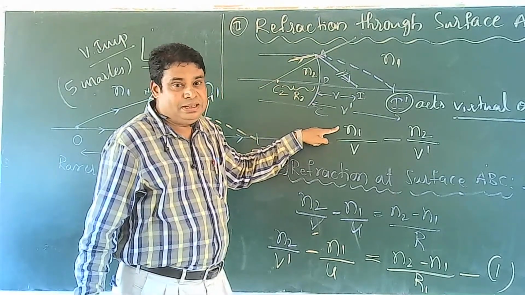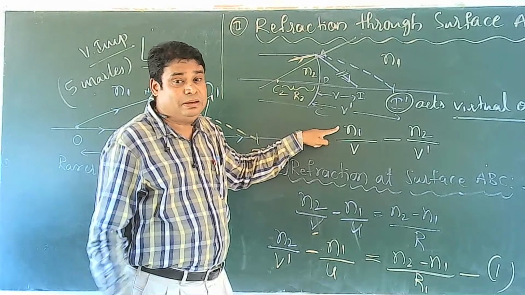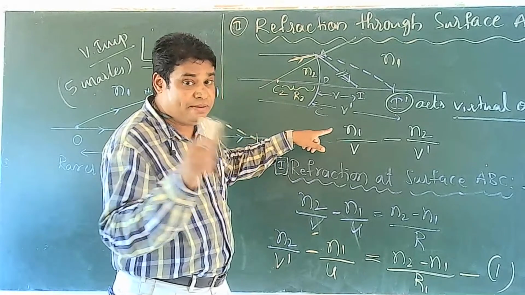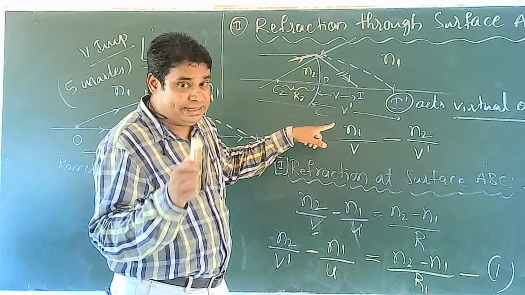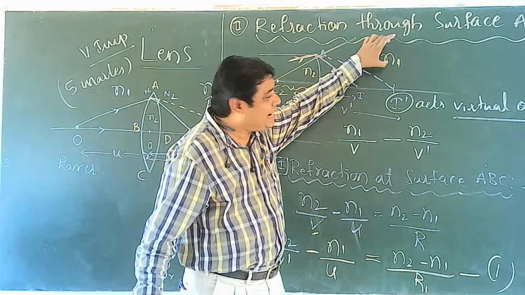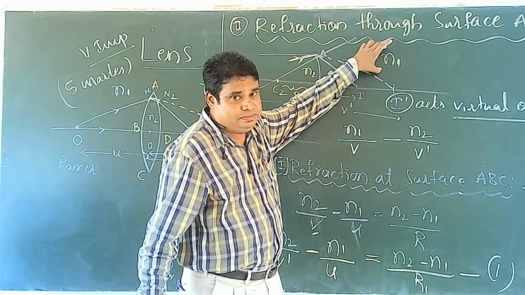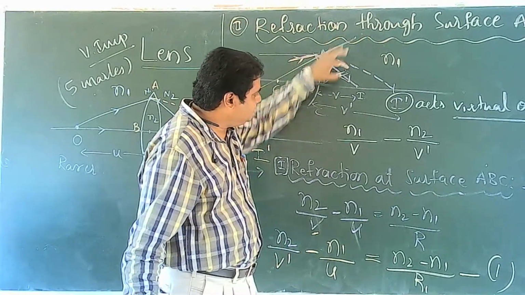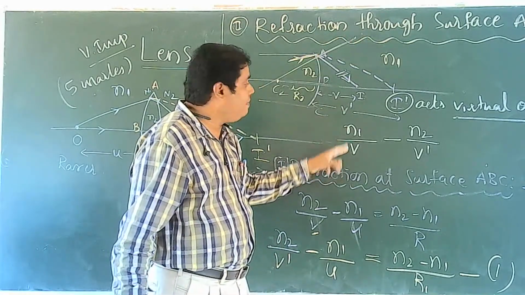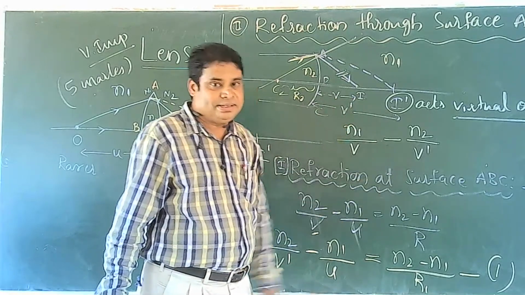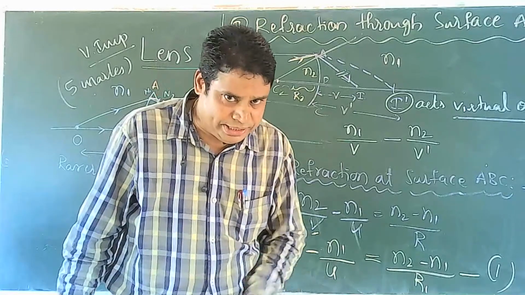Hope you understood. Listen to my sentence word by word. The refractive index of the space where the refracted ray is present, n1, divided by the image distance, of course, minus is in the formula only,